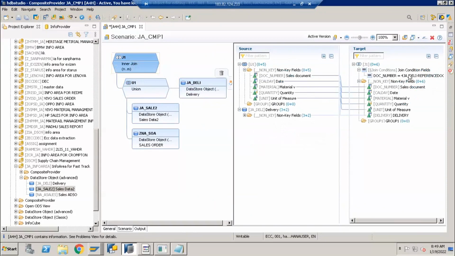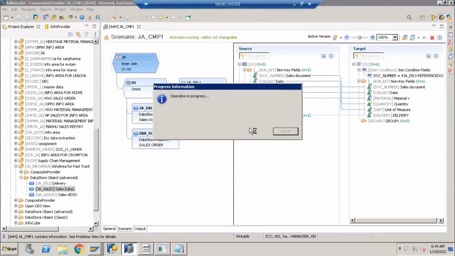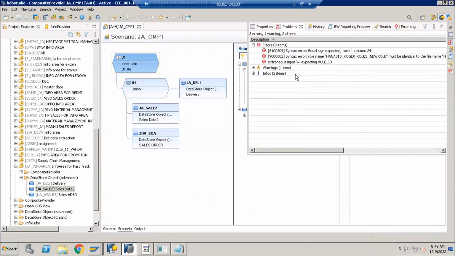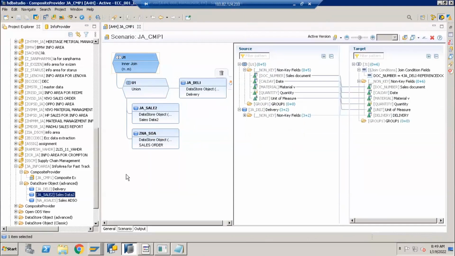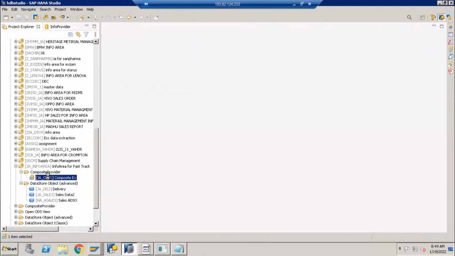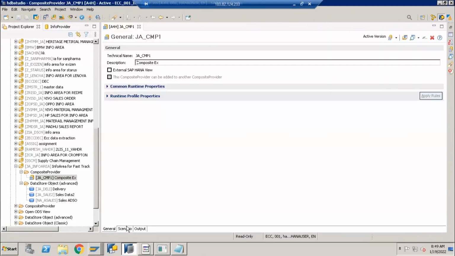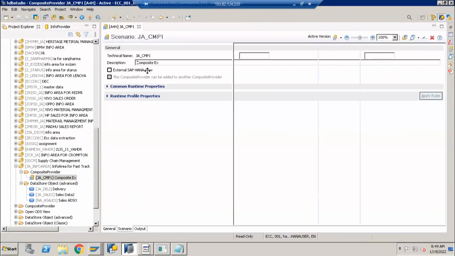I did the document number join and then I am bringing the delivery number. I'm activating it. I think these are old error messages, not from here. You see, our composite provider is in active state. Let me close this one and reopen the composite provider. Yeah, we are in good state.